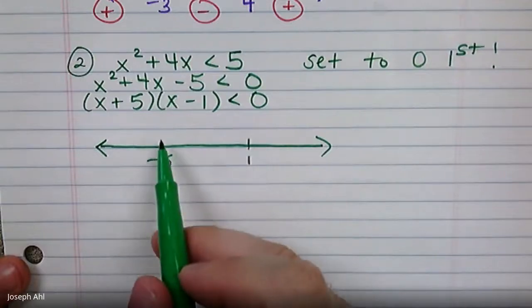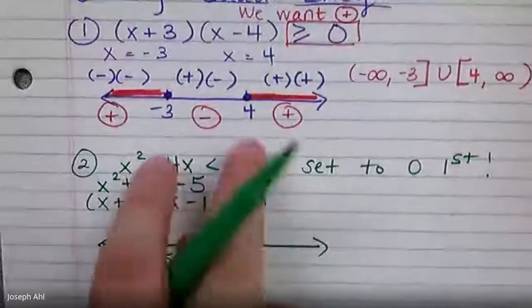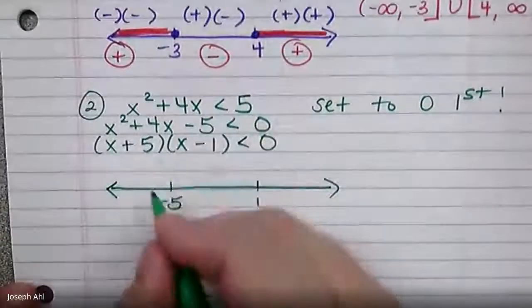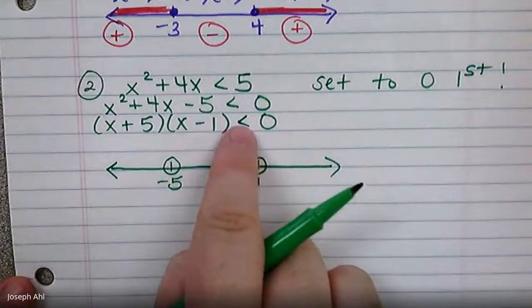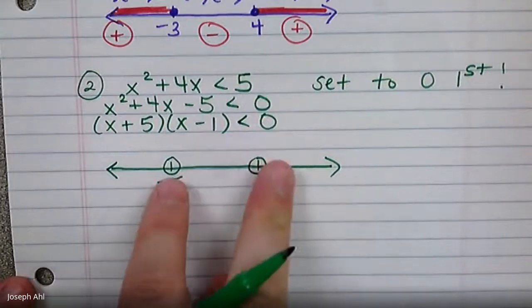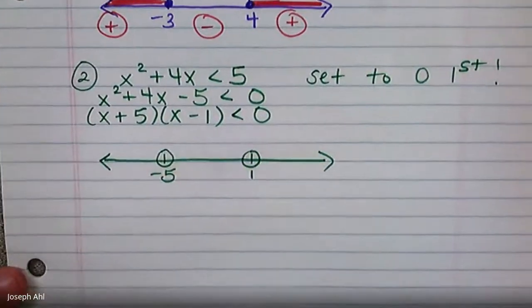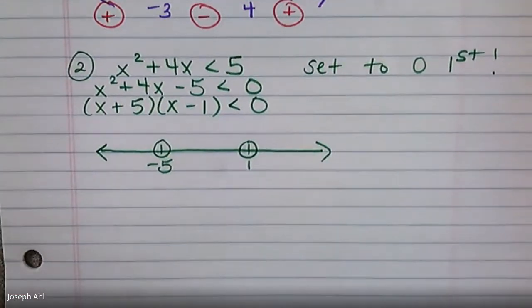Can I include those values in my end solution set like I included them up here? The answer would be no. Because this is not an inequality where it can also be equal to 0, we don't want to include those endpoints. But now we're going to play that same game of testing values, and I might go a little faster